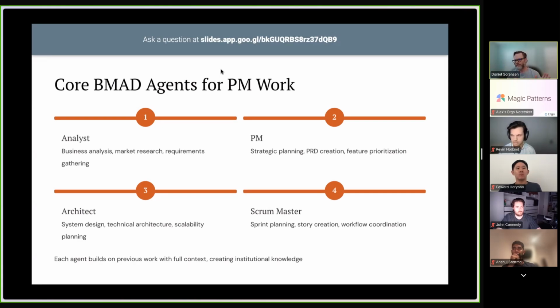And then one of the ones we don't have here is the UX expert, which, if it's a front end effort, if there's a UI associated with it, actually creates the front end specification. And from there, we have the Scrum Master, which is really, I think, one of the coolest agents here,